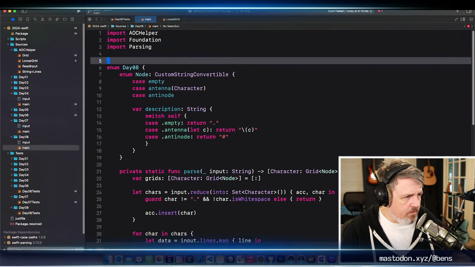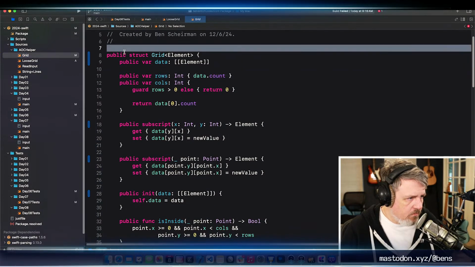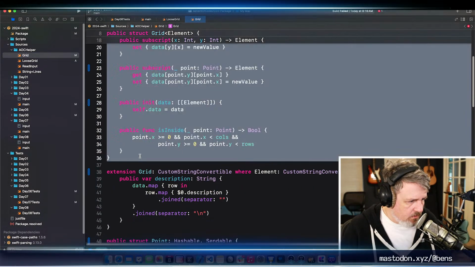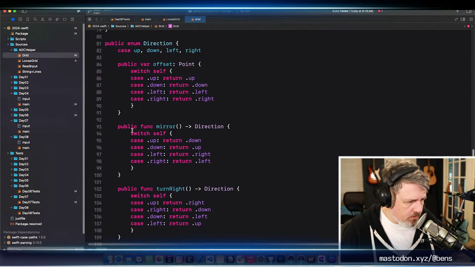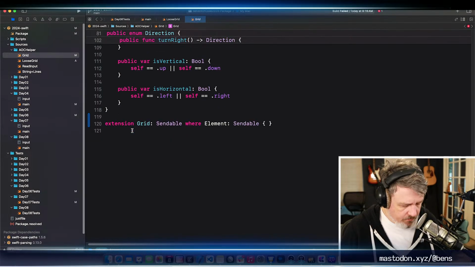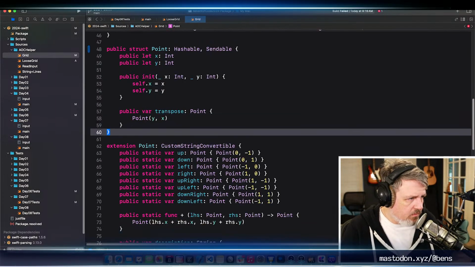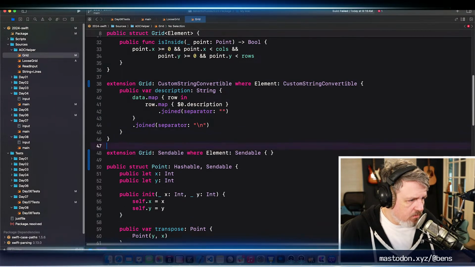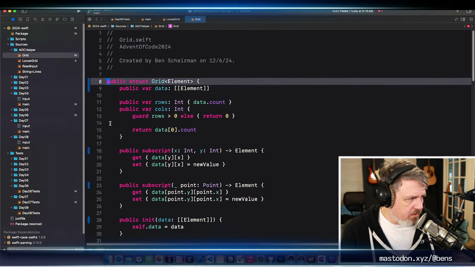Okay, and then that's going to take that. We can keep the point. All that stuff is fine. And this sendable part can be moved up as well. I'm going to call it a sparse grid, not a loose grid.